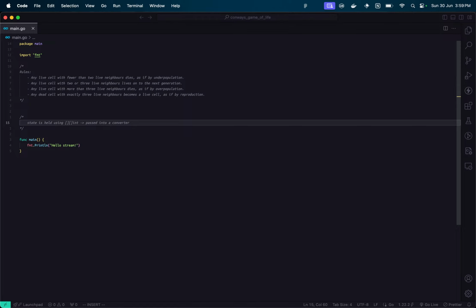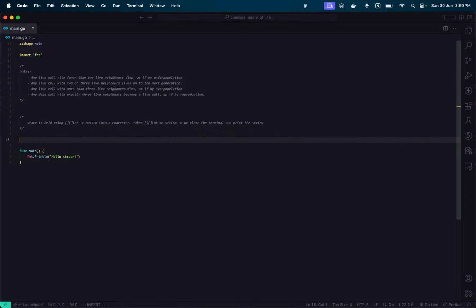So it takes int and returns me a string, and then we clear the terminal and print the string. So that's the basic idea of what I'm trying to do over here. So let's get started with